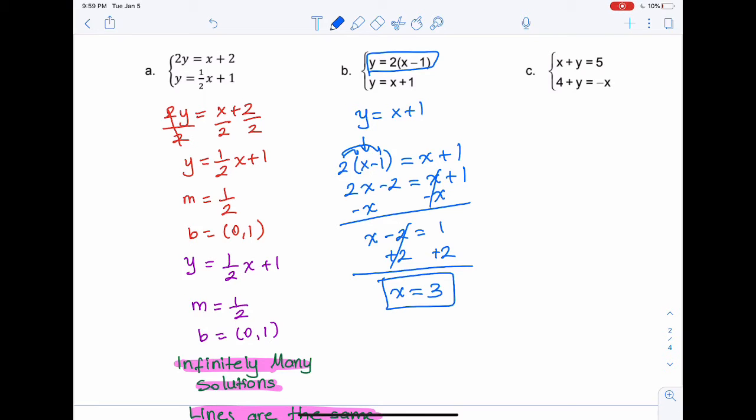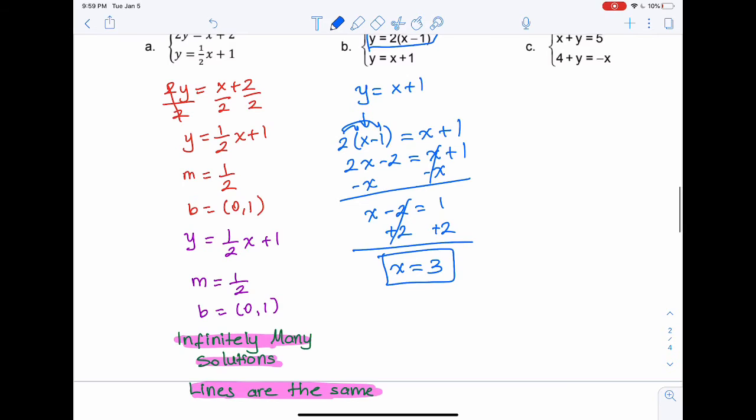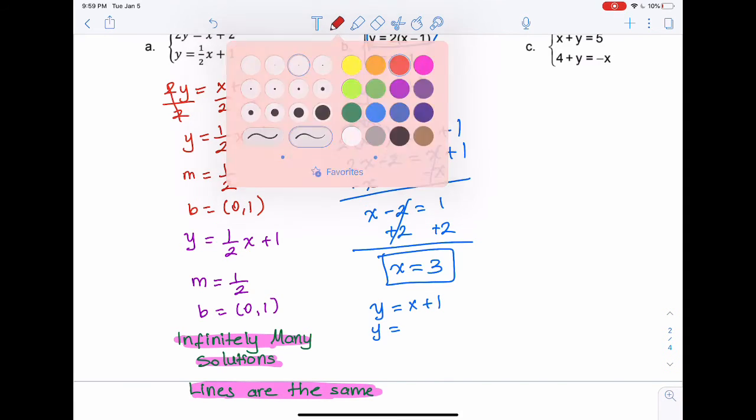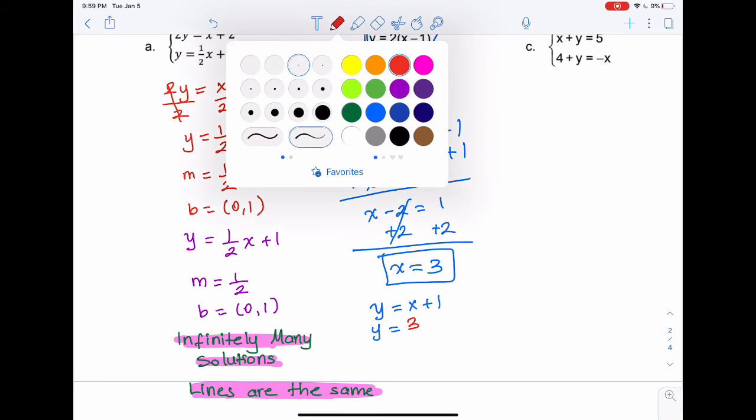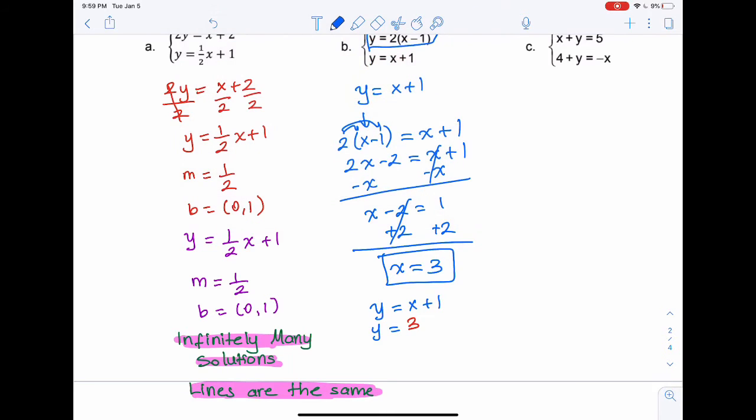Now let's substitute 3 for x in the second equation to find y. And we will have our solution as